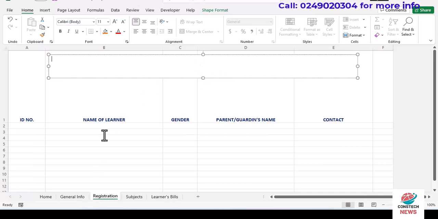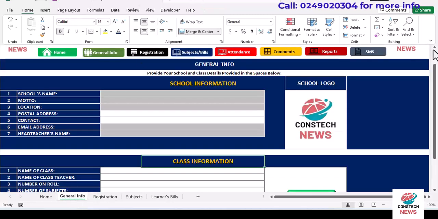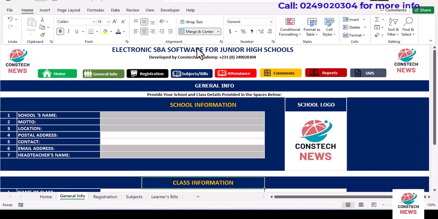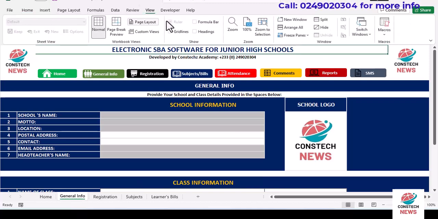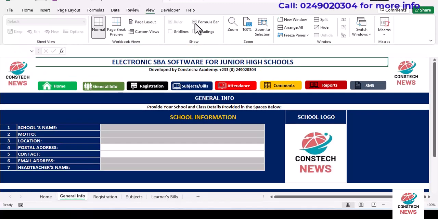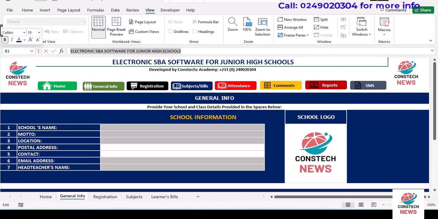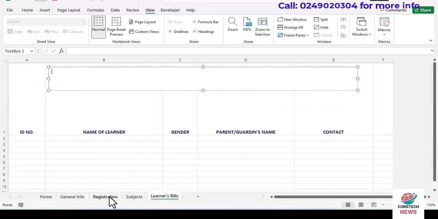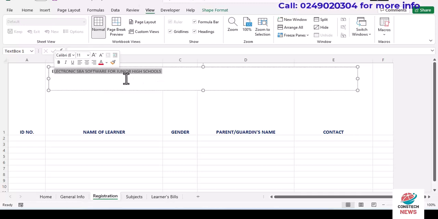So let's come to general info, come here and just copy this. Go to activate the formula bar, and just copy this and come to registration and paste it inside. Okay, so now after you are done,